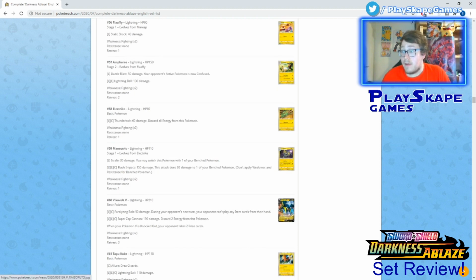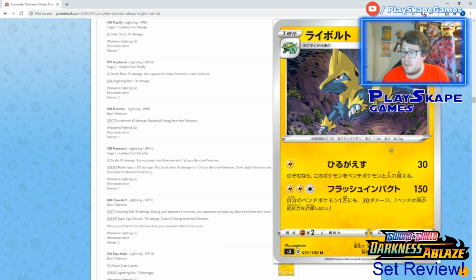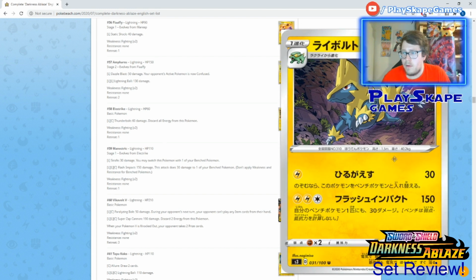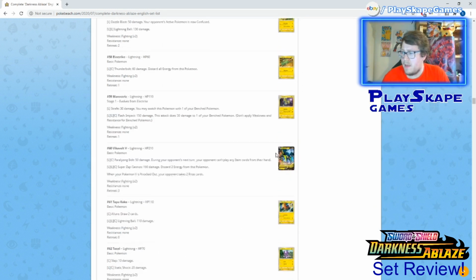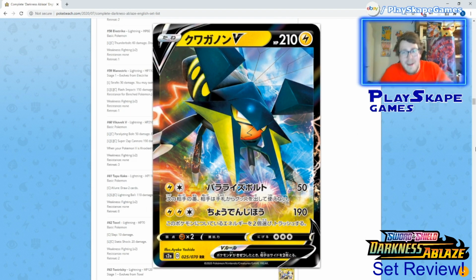A nice Manectric. So we're getting a better Manectric in the following set, I think, which is a bit of a shame. But for lightning colorless, you do 30 damage to one of your own bench Pokemon. Nah, you just use this one. You do 30 damage. You just switch. I don't like it. So Vikavolt, here we go. Finally, something good to talk about. I've read all this mediocre disappointment. So